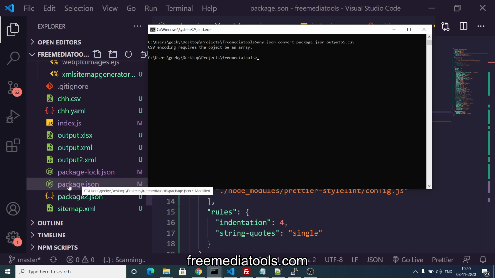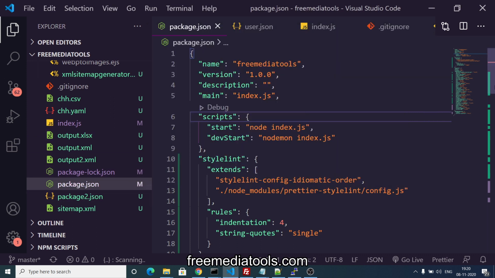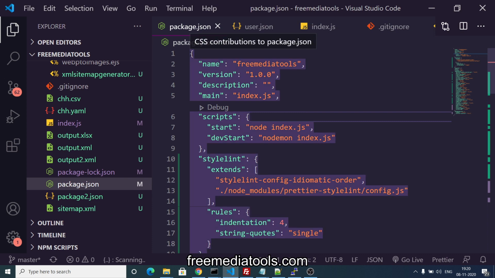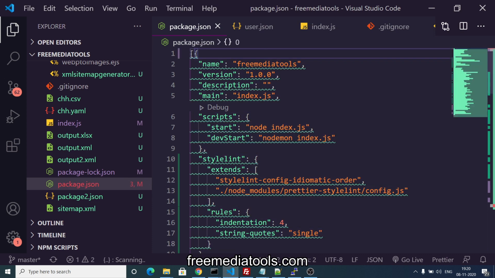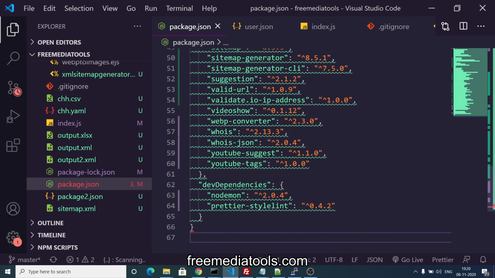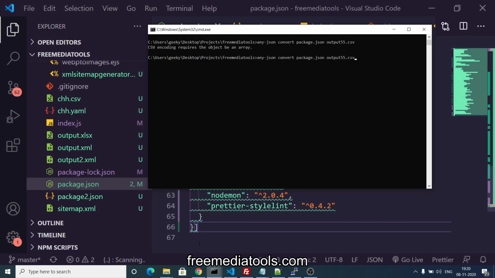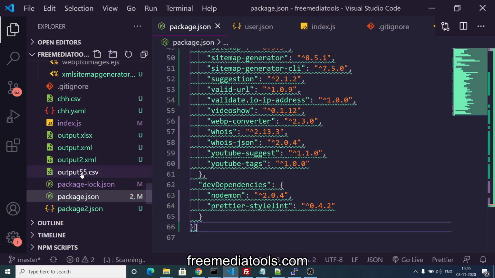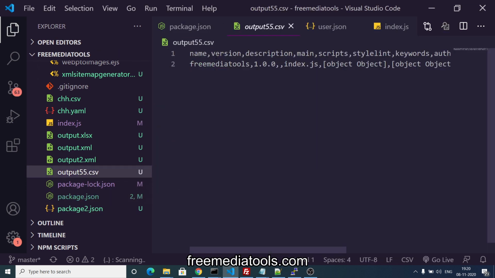So there is a restriction here. So you need to surround your JSON file inside the square brackets. In the tool, I have already done that automatically for you, but manually, if you are converting, you need to surround your JSON file with these square brackets. So now if you again execute this command, the command will work, and now your file is ready. This is your CSV file, very simple.